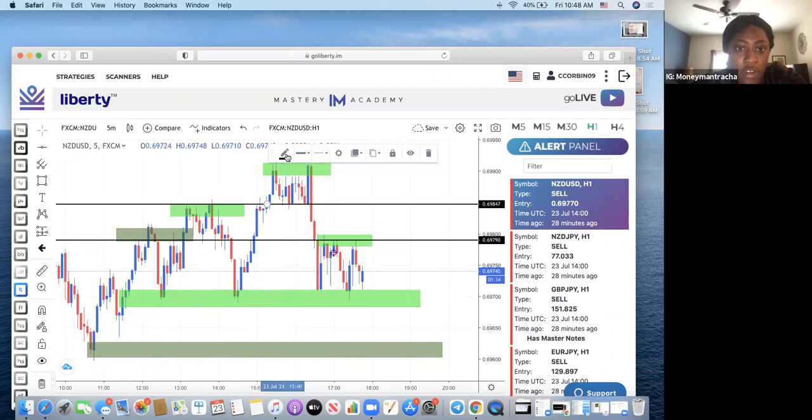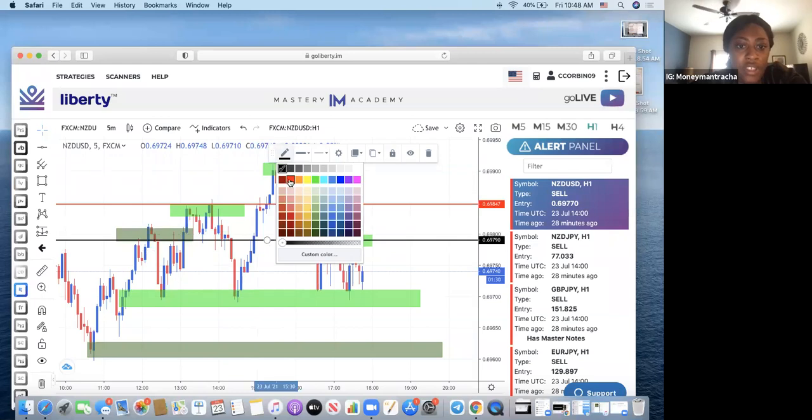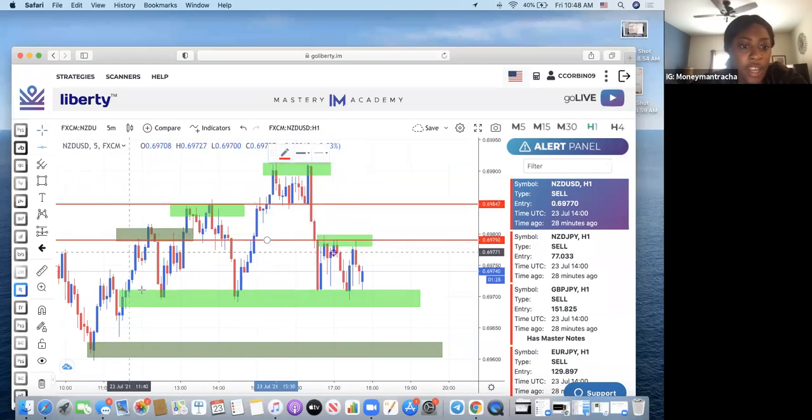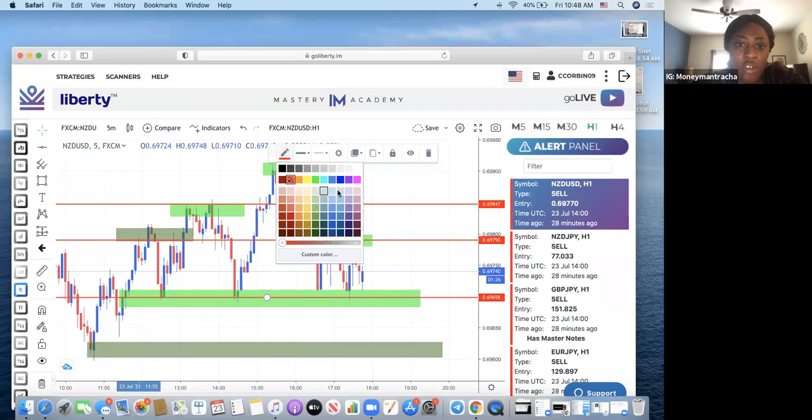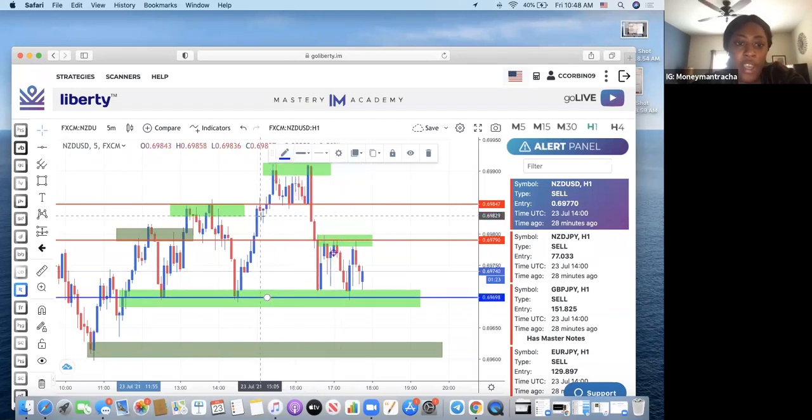And if it's helpful, you can just turn it red and say, all right, that's a resistance area. You can put a line right here and say that's a support area. And this all goes into marking up your charts. Everybody won't do it the same way. So the same way that I came in here and put these boxes,